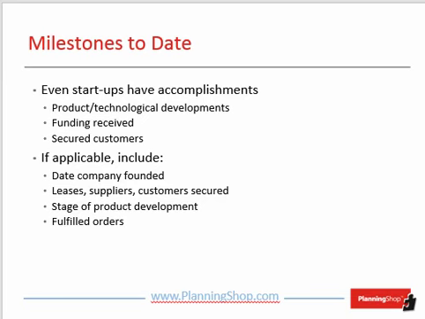Someone reading your business plan should be able to get a clear sense of how far along your company is in its development and what progress you have made in building the company. This is called milestones to date. Even startups have accomplishments, things like product or technological developments, any funding received thus far, any customers secured, or maybe you could say the date the company was founded, any leases, suppliers, or customers secured, the stage of product development,